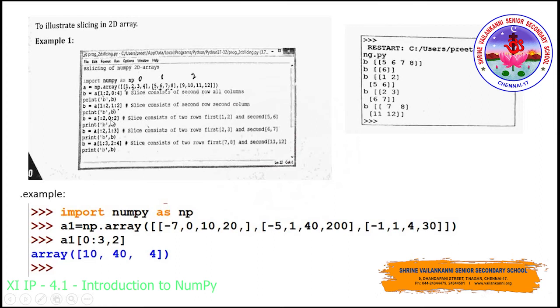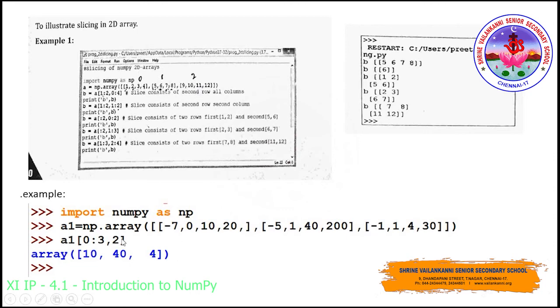And in that, 0:2. So in all the indexes, I have to access only from 0 till the second element. So which elements will you be accessing? 0 and 1. So 1, 2, 5, 6, 9, 10. Like that, 1, 2 and 5, 6 will be retrieved. See, 1, 2 and 5, 6 will be retrieved, up to 1 less than the last index. So this is how we will be accessing each and every element.